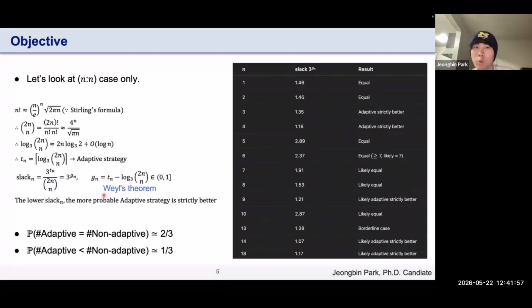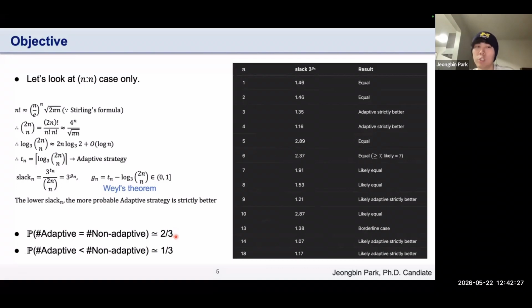So by using Weyl's theorem, where n alpha means an irrational number and n is the multiple of the irrational number, the decimal parts are located in 0 to 1. Then we can assume the decimal numbers follow a uniform distribution from 0 to 1. And maybe that strict boundary can be somewhat